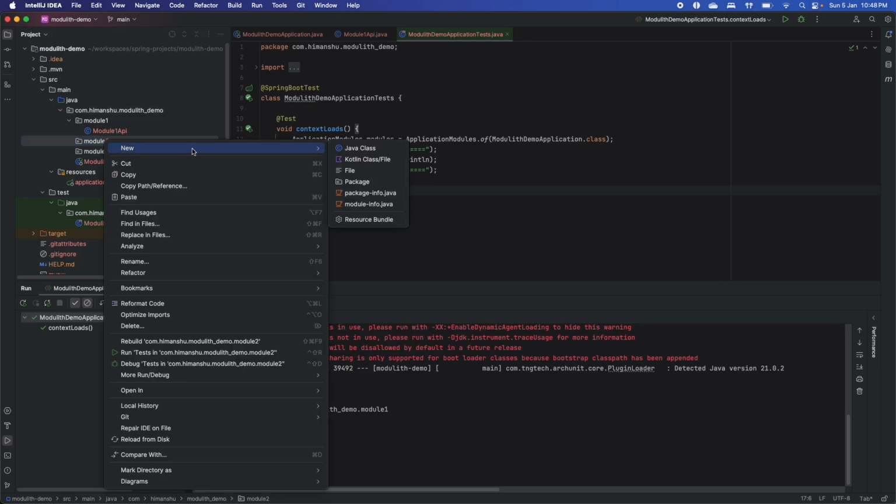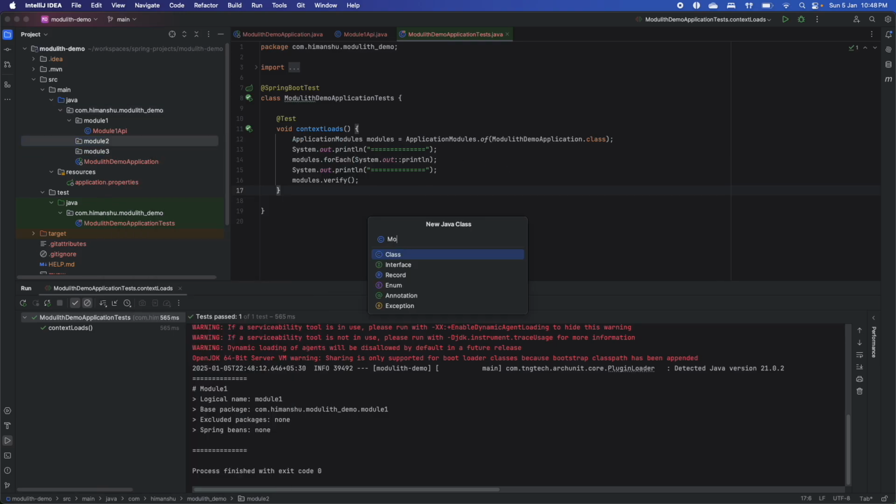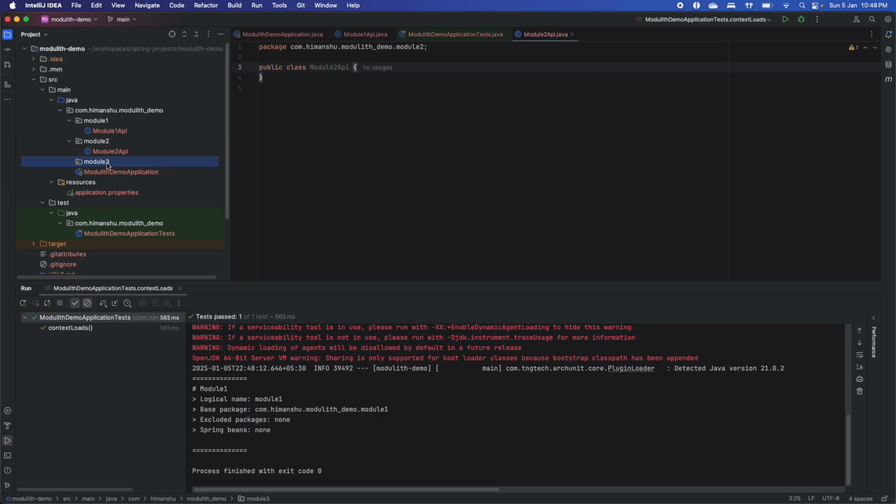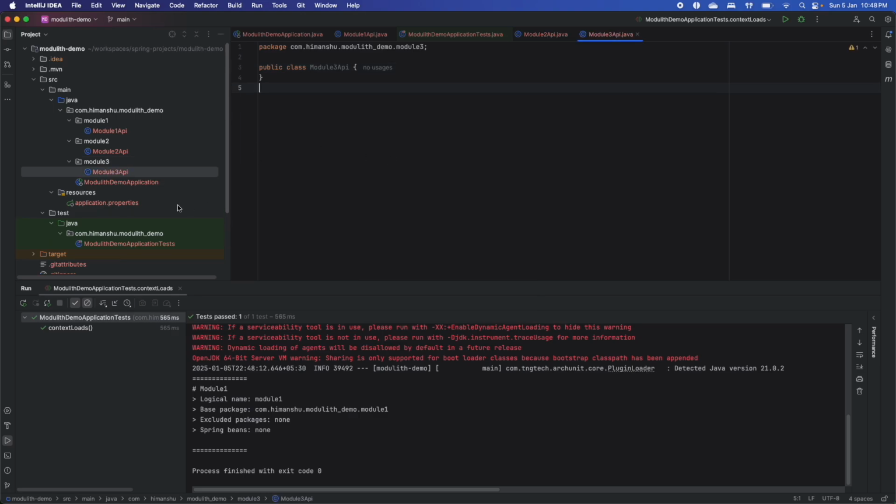And then I add module two API, okay, sorry, three API, right? All right, so now if I run my test case again here,